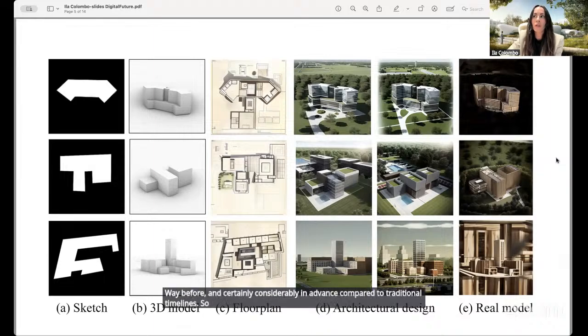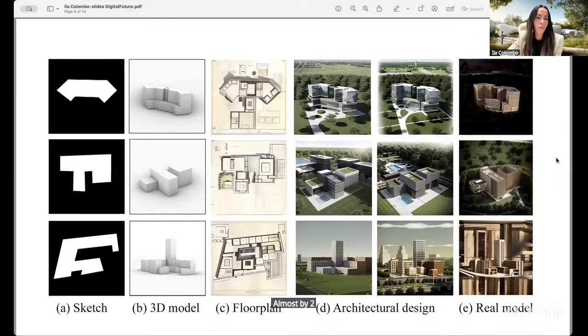Some of the projects that I'm working on here in Dubai, for example, allow us to cut almost 2 years, if you compare to traditional chronologies, from what will be the end product of an architecture.